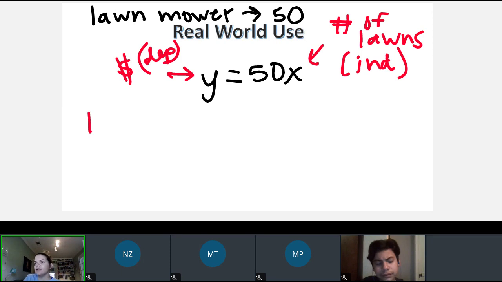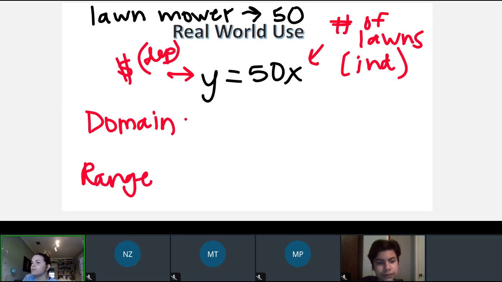We've talked about domain and range a little bit. So my domain, remember, is my x values. Okay, so my domain is going to be all whole numbers, right? Like, I'm not going to say I'm going to mow just half of your lawn. We're not going to mow half a lawn. That would be so weird, and people would not hire us if we just mowed half a lawn. So my domain is going to be all whole numbers,